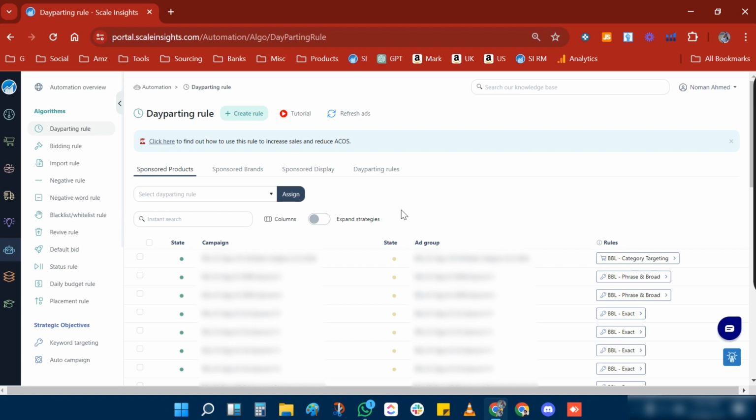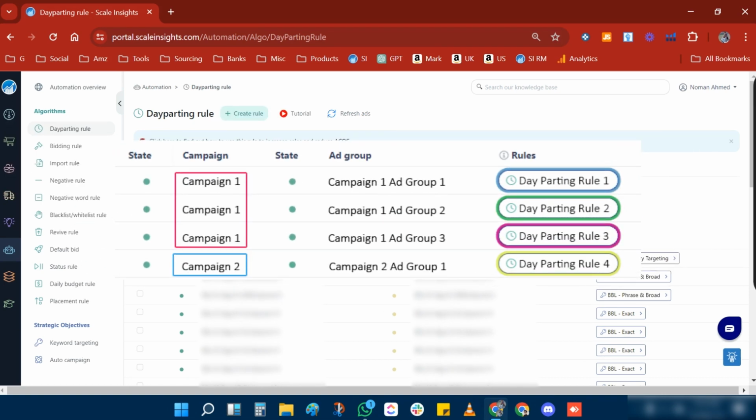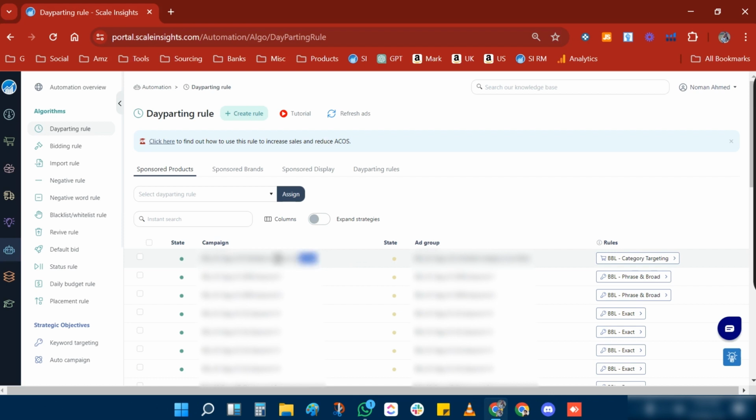Like if you have a campaign that has 3 ad groups, ad group 1, ad group 2, ad group 3, then you can apply 3 different dayparting rules to these 3 different ad groups. And how exactly does dayparting work? Scale Insight will not pause your campaigns. Instead, Scale Insight will be pausing your ad group and will be enabling your ad group at a specific hour,